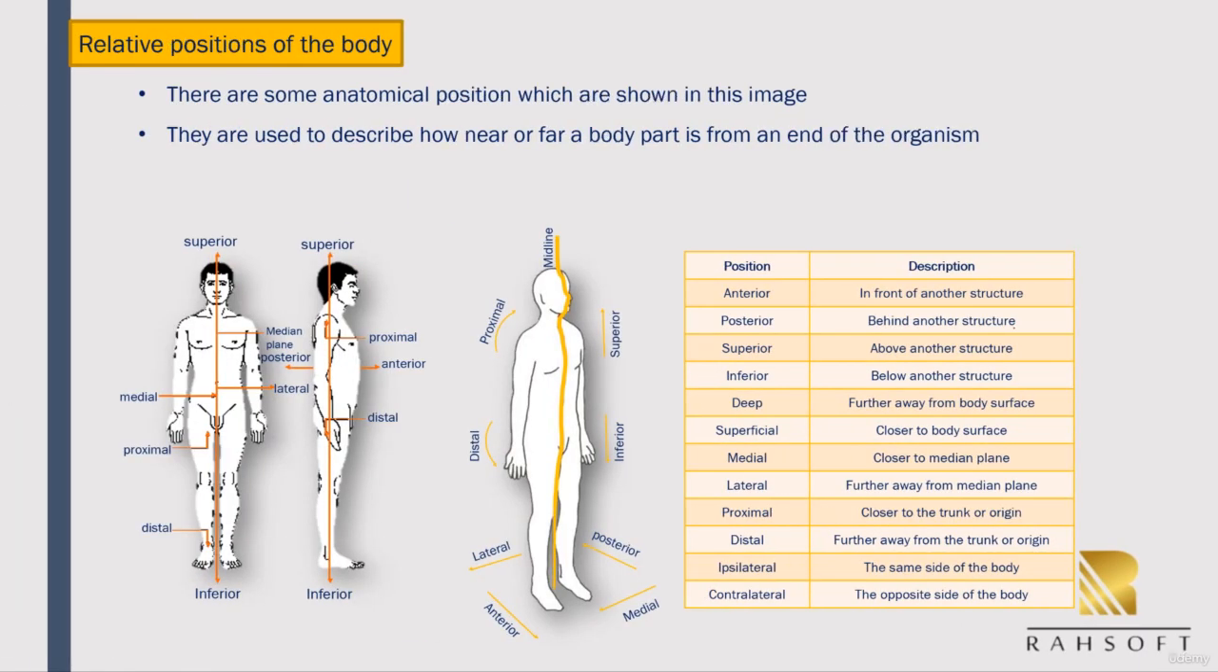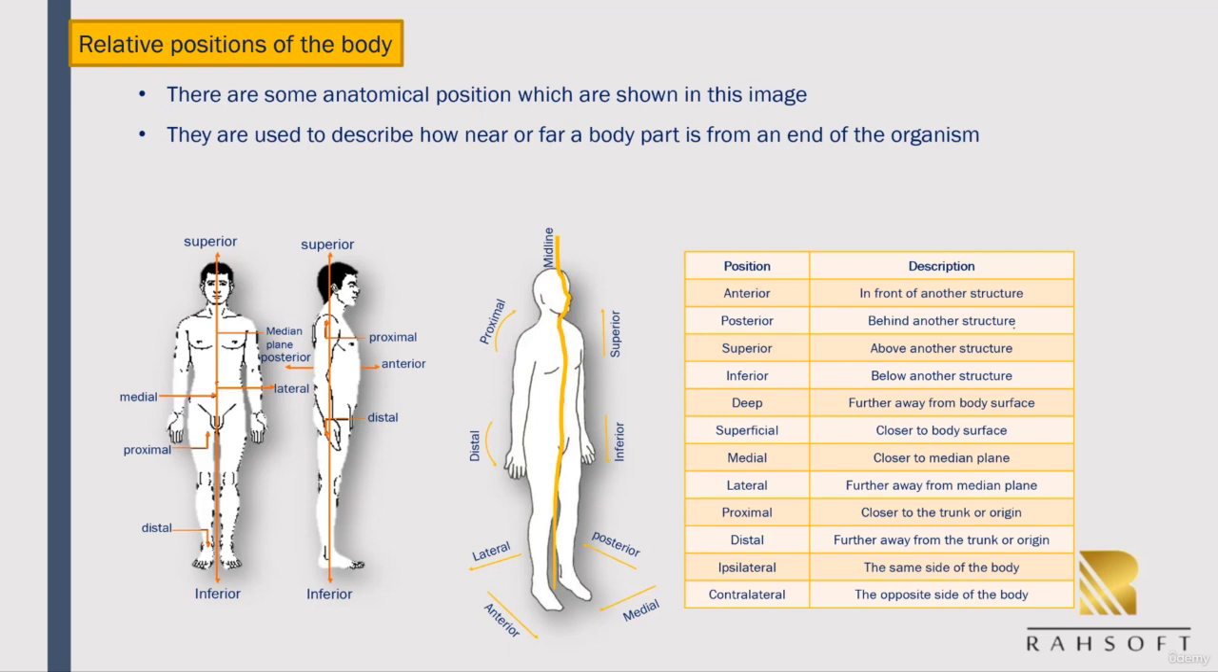So there are some words that you use in order to give you a better understanding on how to describe things. It is shown in this table below. I'll go through a couple of the main important ones, and they are used to describe how near or far a body part is from one end of the organism. So a couple that you